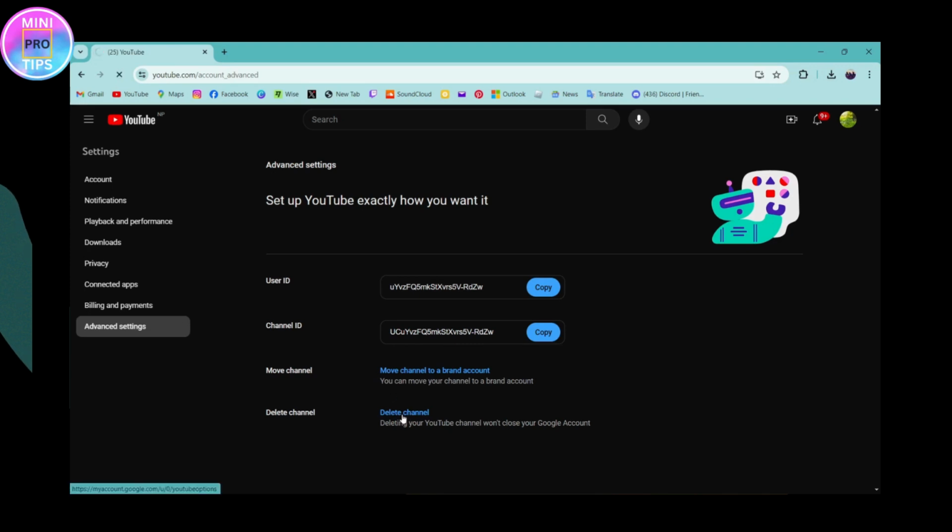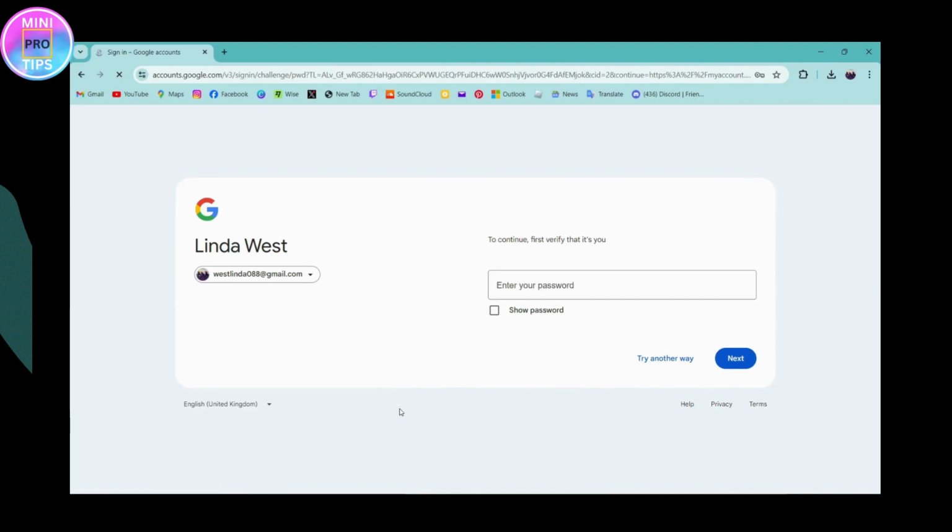So click on delete channel, and once you click on delete channel you need to enter your password of your Google account or your YouTube account, and once you enter the password, tap on next, and your YouTube channel will be deleted without deleting your Google account. So that's it. It was that easy to delete your YouTube channel without deleting the